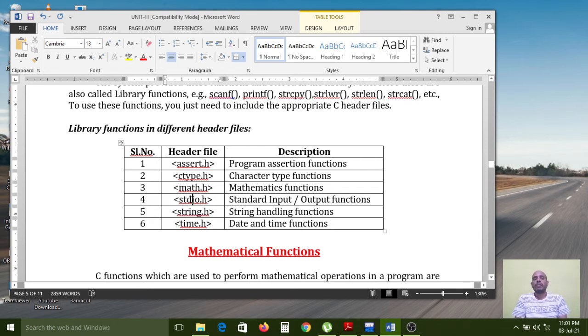In some old compilers it is compulsory to write this library name in our programs, but nowadays we are using the Dev C++ editor, and that editor already contains the stdio.h library. So if you don't add this library in the program, the compiler will automatically place it. But one warning will show in the error page, so don't bother about that error. You can ignore that one.